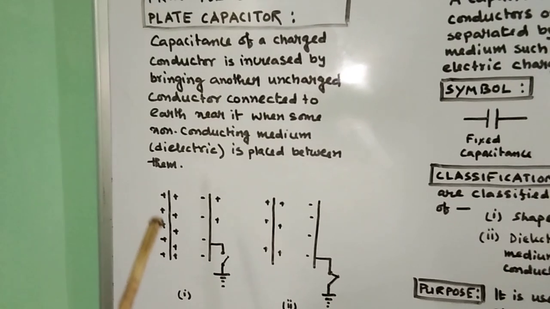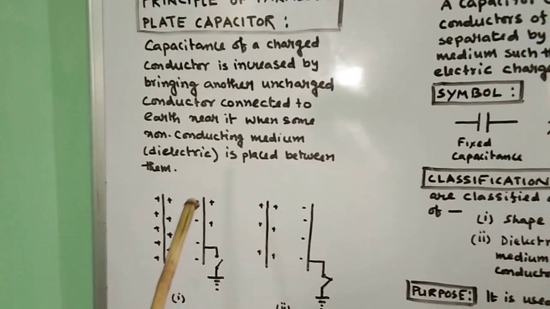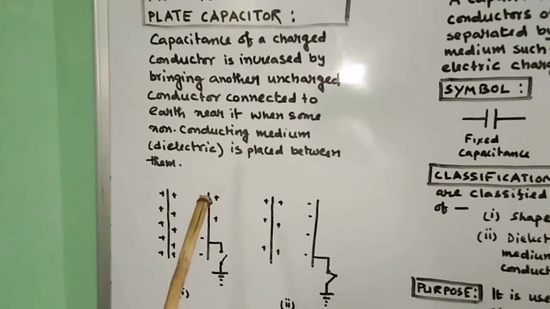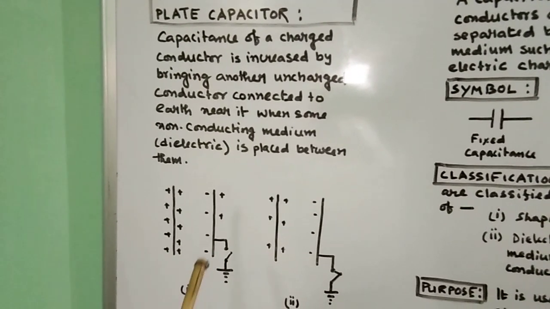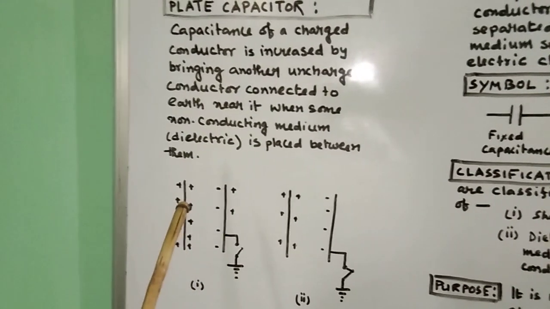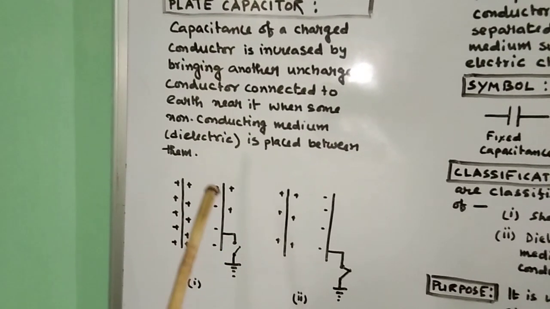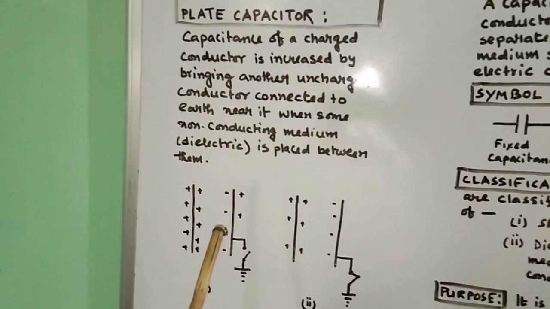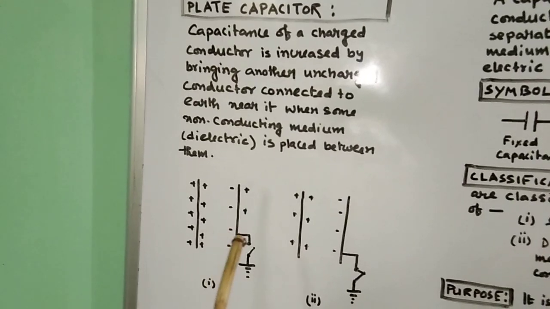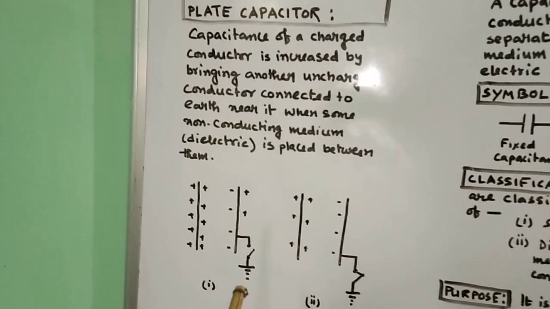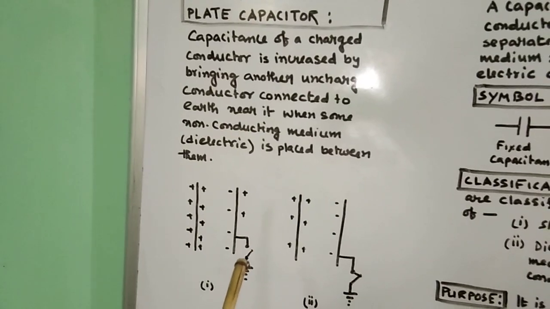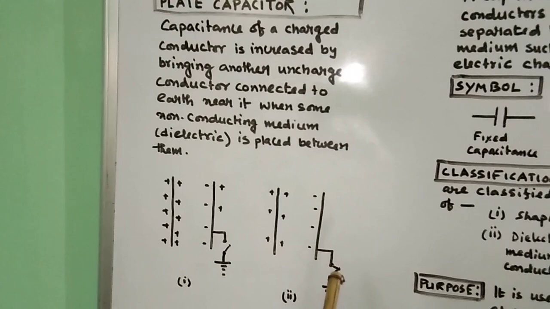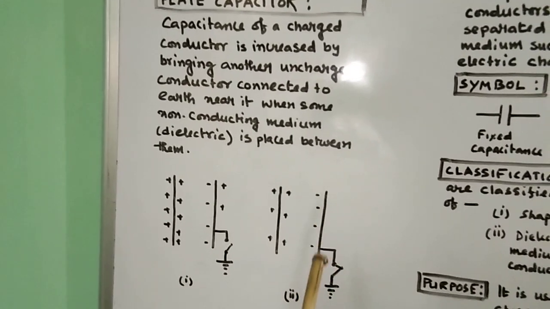Now here you have a charged conductor and this is your uncharged one. When you bring an uncharged conductor near a charged conductor, what will happen? Charge separation occurs by the method of induction. So this side will be negative because this is positive, and this side is positive. So the nearer face becomes opposite charge and the far face becomes like charge. So what we have done, we have connected this side to the earth. Now this is disconnected. Here we will connect the key. This is the side connected with the earth.